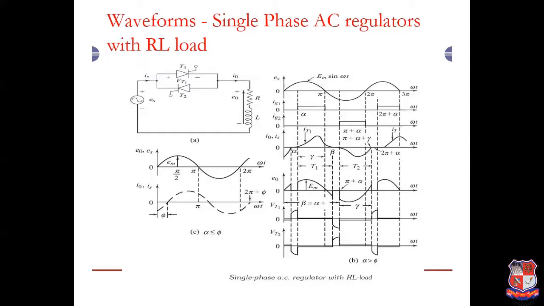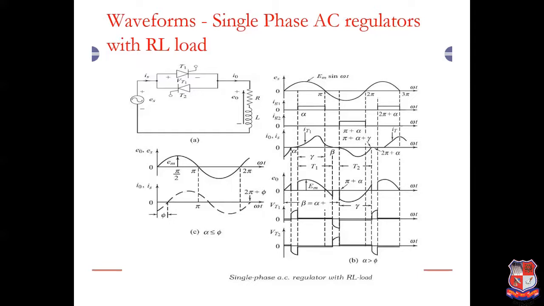As you can see in figure C, if I select my alpha less than phi, then my input voltage and output voltage are exactly the same, and input current and output current are exactly the same. So to get the effect of firing angle alpha, or to get the control of thyristors T1 and T2 on output voltage, we must select our alpha greater than phi. Figure B shows alpha greater than phi